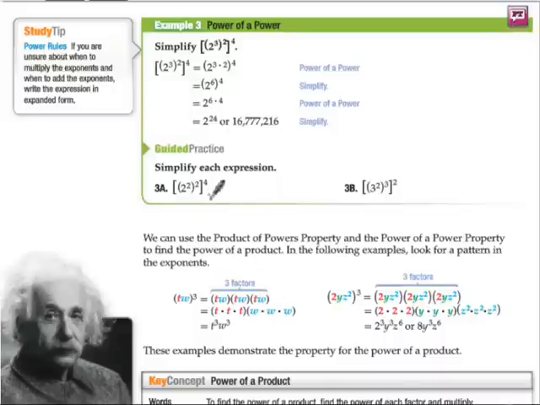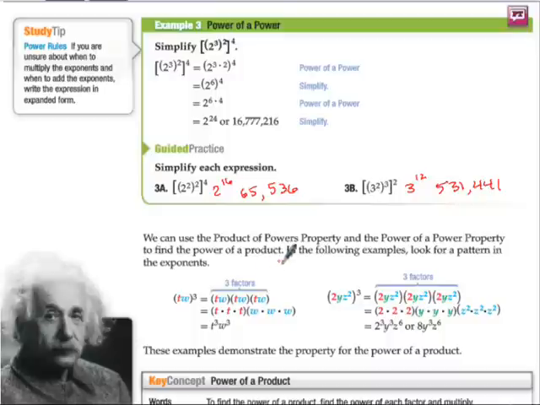All right, you've unpaused. Hopefully here you got 2 to the 16th, aka 65,536. And then over here you got 3 to the 12th, also known as 531,441. Okay? Now, we can use the product of powers property and the power of a power property to find the